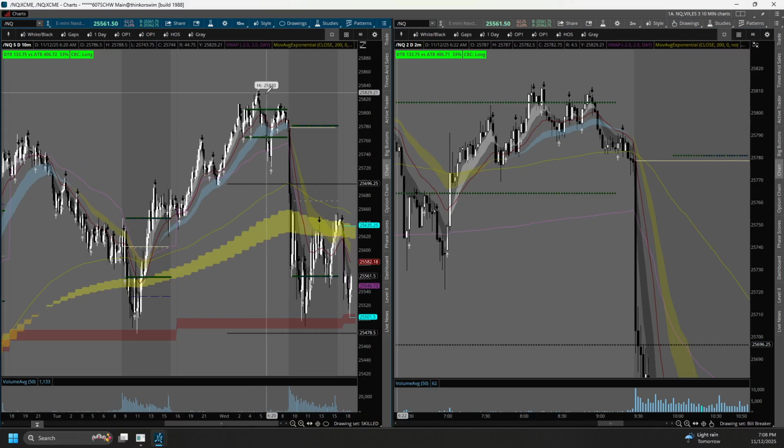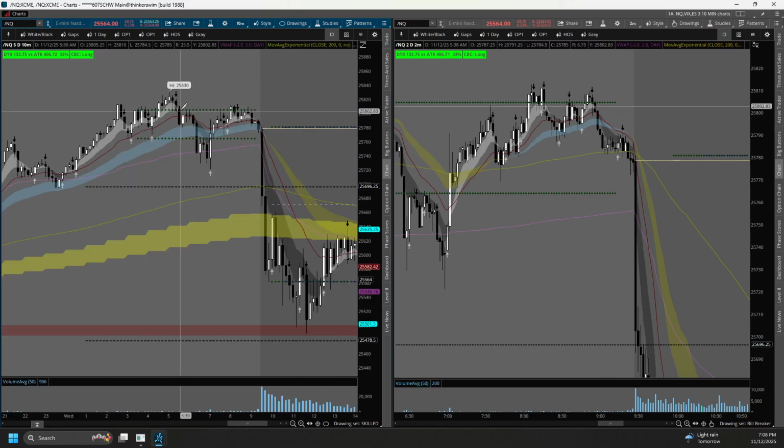I've got something I'm looking into with the Bill Breaker levels and that 8 in the 30s. But until then, we come back down. We have this VWAP bounce, strong move here at 7 a.m. and we get some rejection over the London ORB high. And then this candle is extremely telling right here at 8:50.